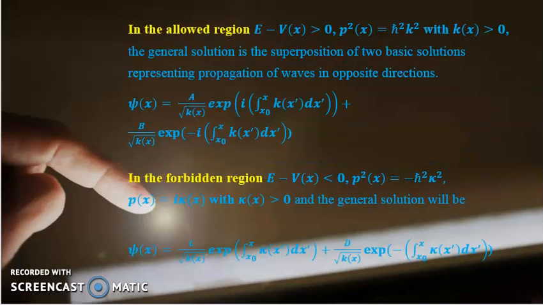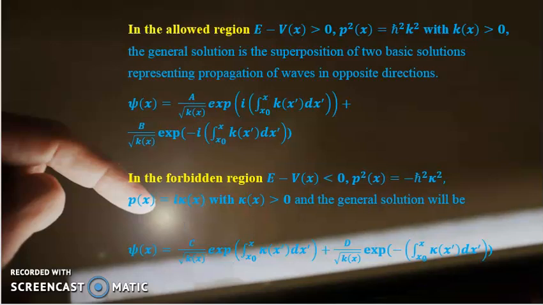Now the allowed region is the region in which E is greater than V(x), that means the momentum P is positive, and the general solution giving the propagation of the wave is given by this expression: psi(x) equal to A by root k(x) and this exponential term plus B by root k(x) and then this exponential term. Here there are two terms, one for the right going wave and the other for the left going wave. Now in the forbidden region E is less than V(x), that is, E minus V(x) is